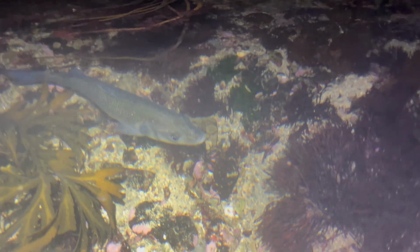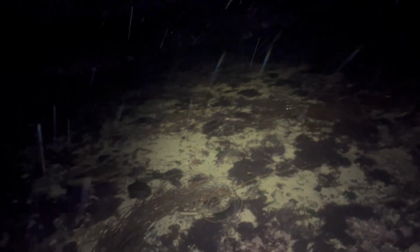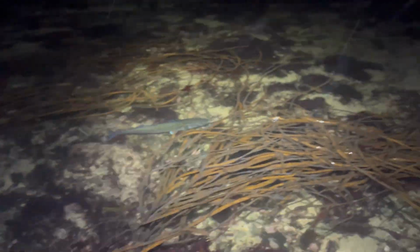There you go, and you can see stood right here. Oh, and as I move the camera, he shoots off. Now he's coming back to say hello. Oh, he can hear the disturbance I'm making. He's coming to check it out. There he is. Oh, I can hear a seal. There he is again. See, so he's almost heard the disturbance I've just made walking and come in to sort